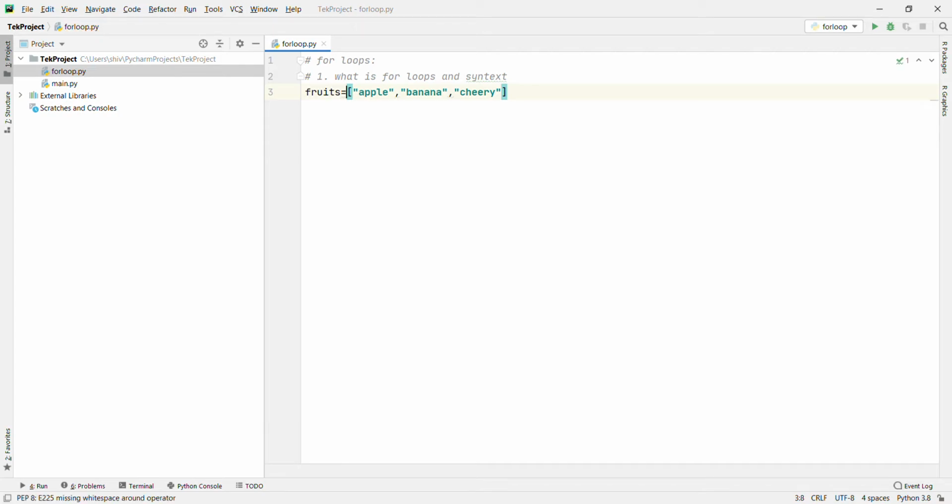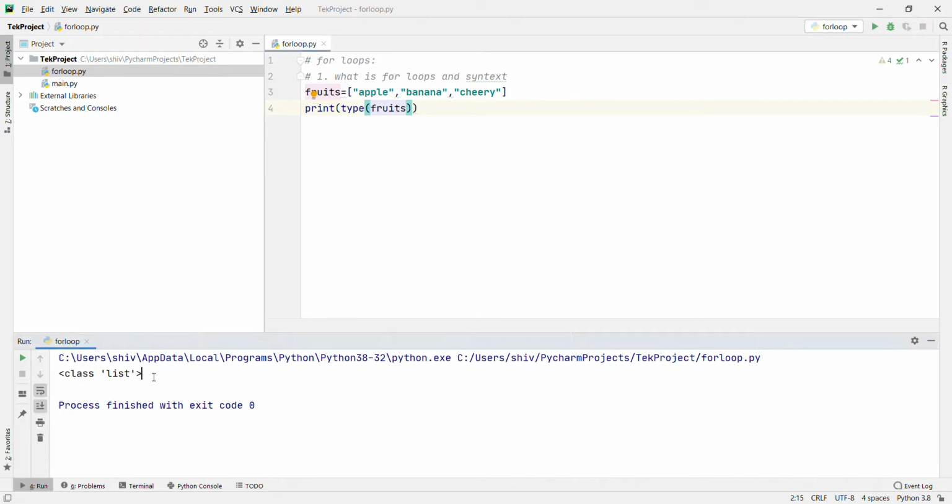We are using the same PyCharm IDE for the for loop also. If I print the type of fruits, what will it print? It will print list. Let's run it. Okay, class is list.